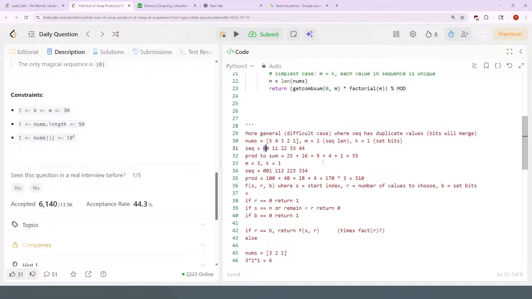The sequence, if it's 5, choose 1. Or if there's 5 things and you're trying to choose 2 of them to get 1 set bit,